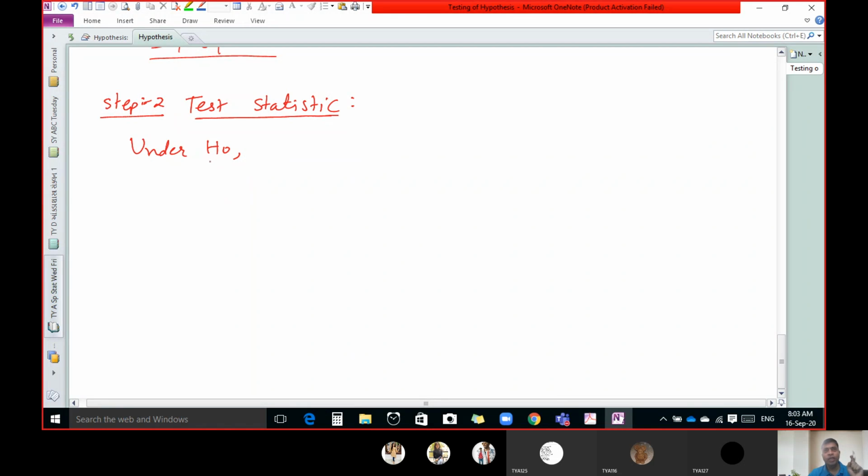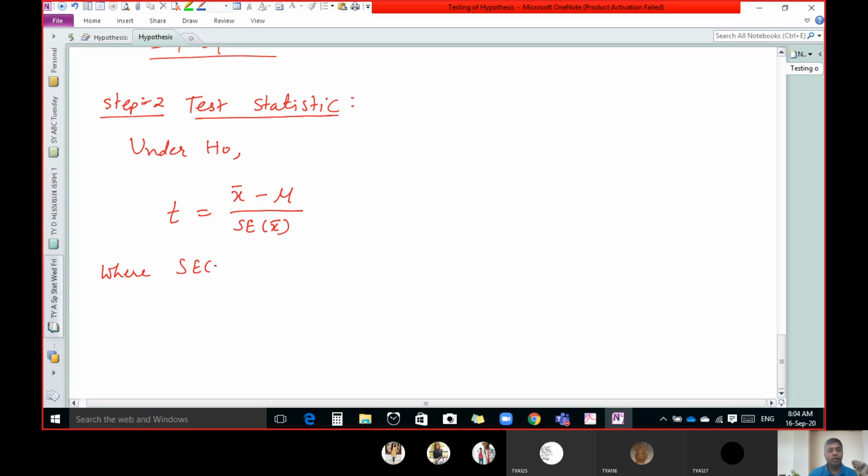So always in H naught you have to write the equal to sign, and whatever the sign is there, according to that your test statistic will change. But here we know that we always write the equal to sign, so our test statistic remains the same. So under H naught, the formula is x bar, that means sample mean, minus mu, that means population mean, divided by standard error of x bar,